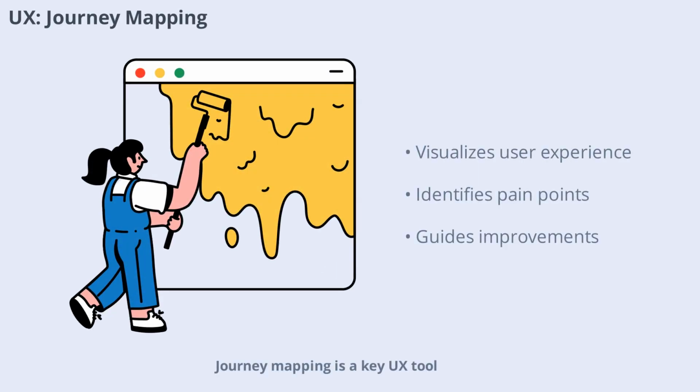Journey mapping is a key UX tool for visualizing the user's experience over time. By mapping out each step a user takes, designers can identify pain points, moments of delight, and opportunities for improvement. Journey maps help teams see the big picture and prioritize changes that will have the greatest impact on the user